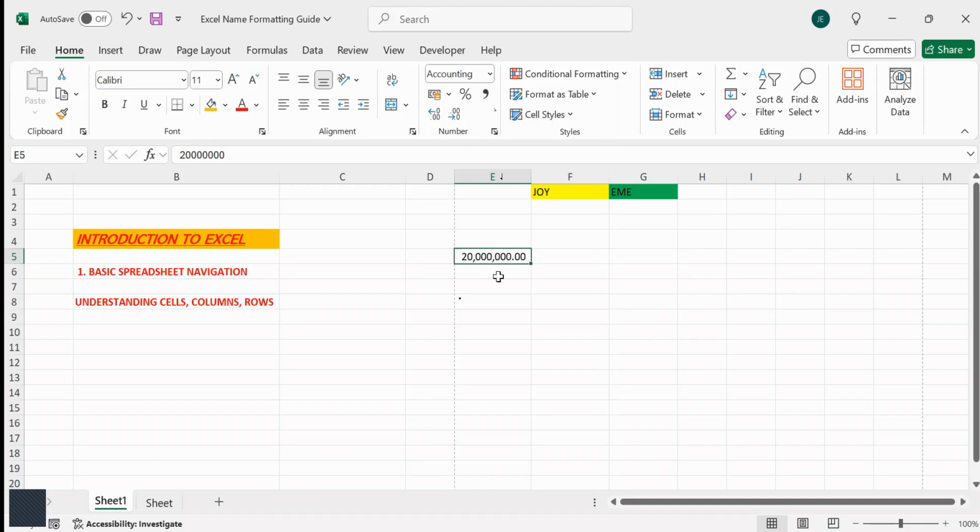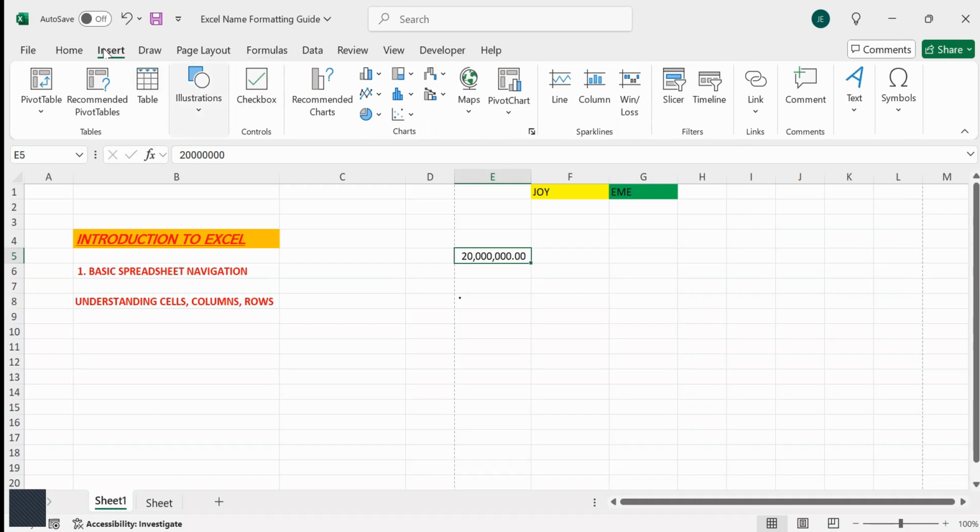So yes, the style section allows you to set the format of an Excel cell based on the data it holds. The cells section allows you to insert new cells, delete cells, and change cell format. For example, you could delete this, and that is that. The editing section houses the very useful sort and filter tools, and also find and select, even find and replace. There's even auto sum, which helps you to sum all the numbers in a section. We'll be using this a lot during our mentorship. So